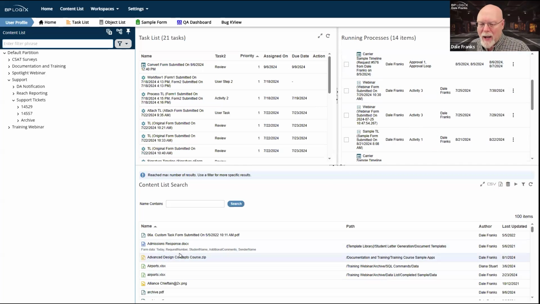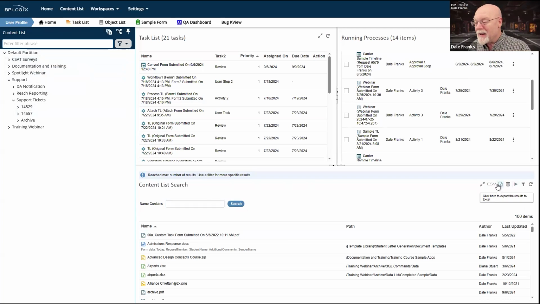And at the bottom, I have a content list search, which is just a generic search that allows me to search the content list for specific objects by their name. This was useful in 5.44. In version 6, it's pretty much irrelevant because if I really need to search my content list, I can now do that in the content list itself. So it kind of deprecates the need to build your own content list search knowledge view.